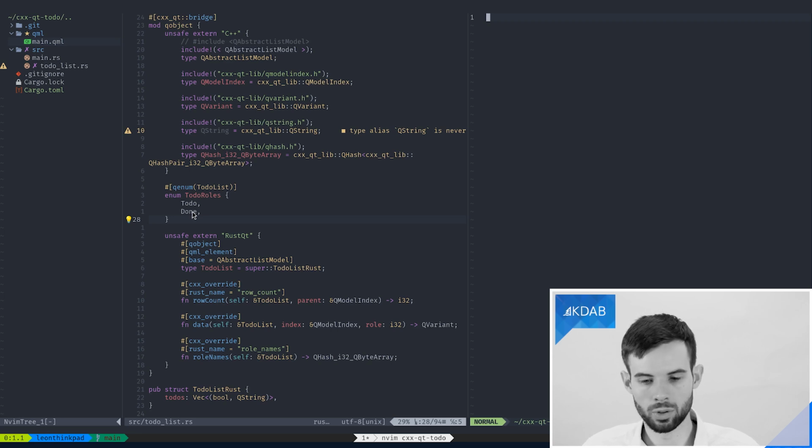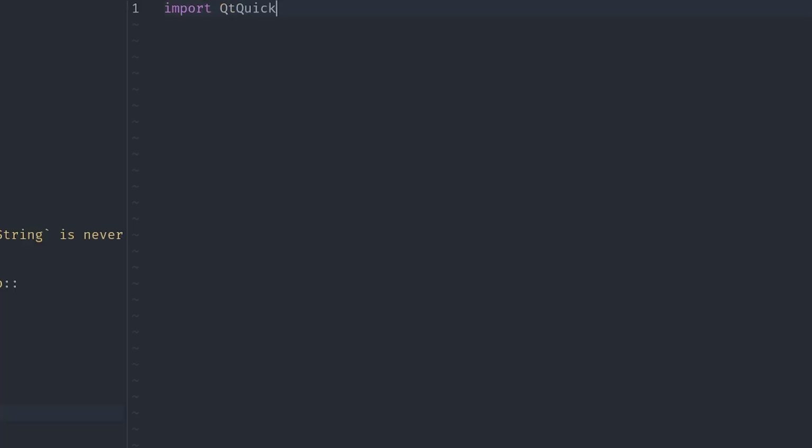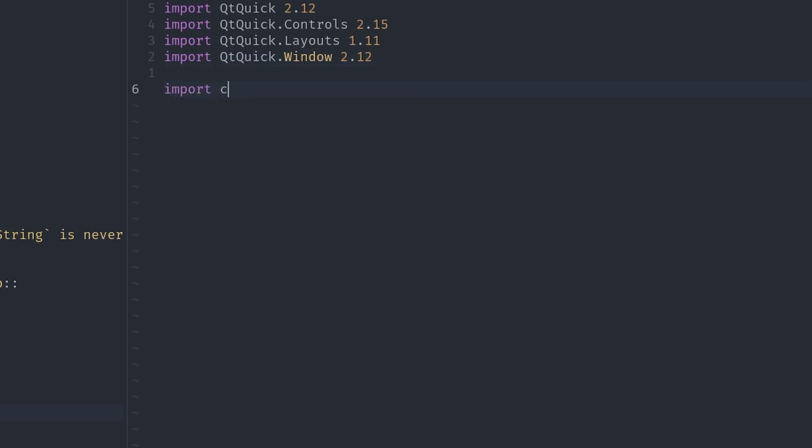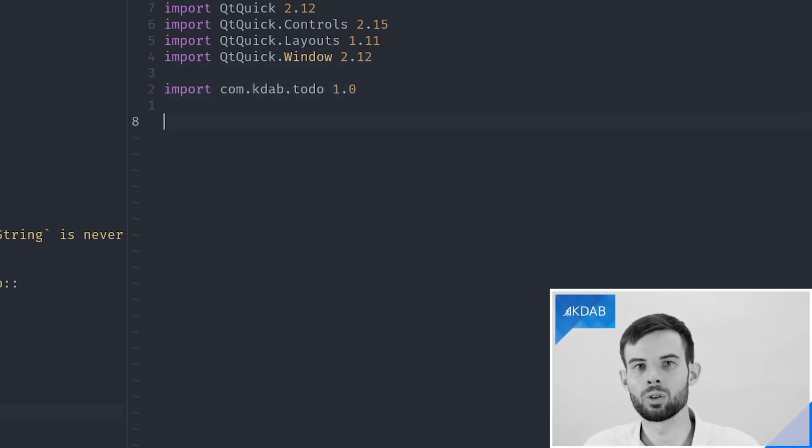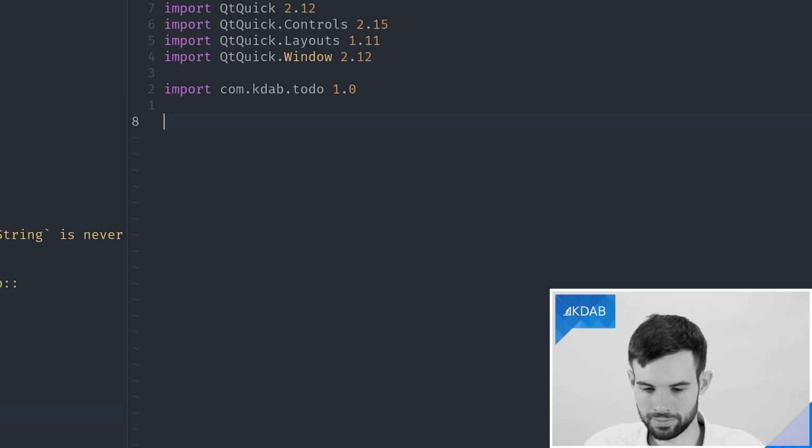I'll put down the default imports again. And I'll also import our own QML module, which we'll again declare in a bit in our build script. And this time I'll name it com.kdab.todo, but of course feel free to choose any URI you want.